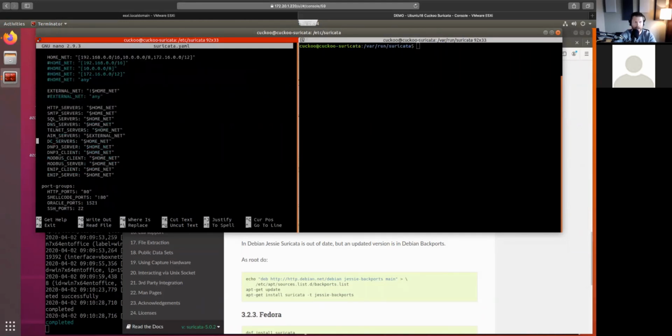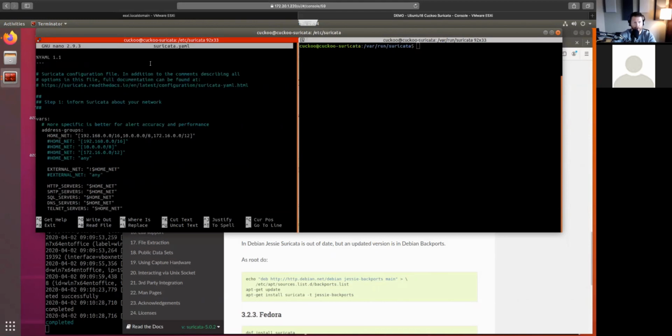You'll see that we have our different address groups, home net and external net. What these address groups are used for is in the rules syntax. It really determines how the engine then inspects the traffic. So we just want to make sure right now that our home net corresponds to the right